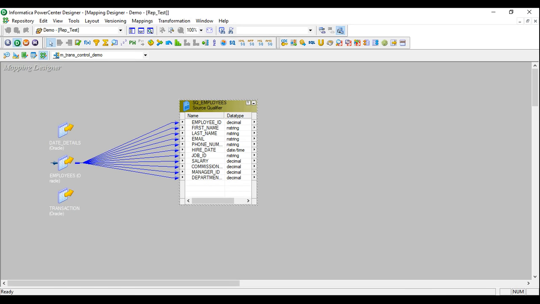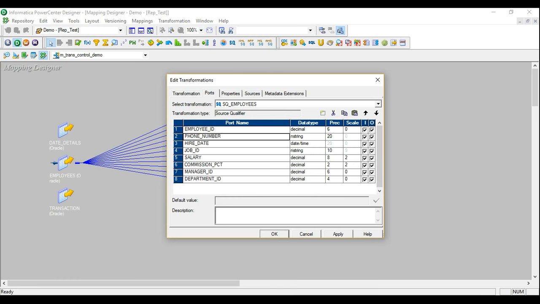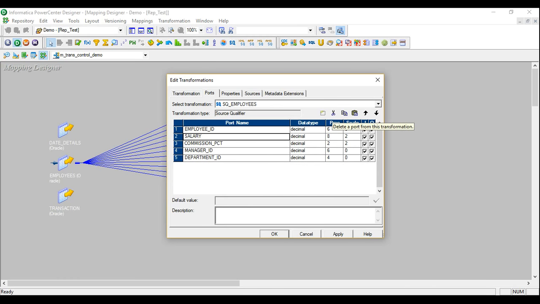So what kind of information do we want? We want the employee ID, we want, let's say, their salary, and we want their department ID.